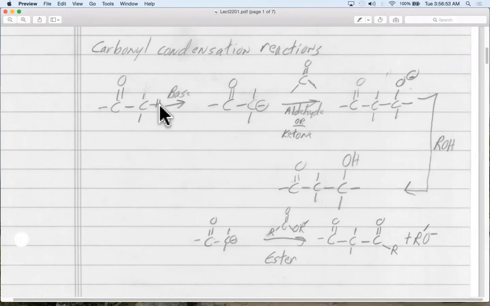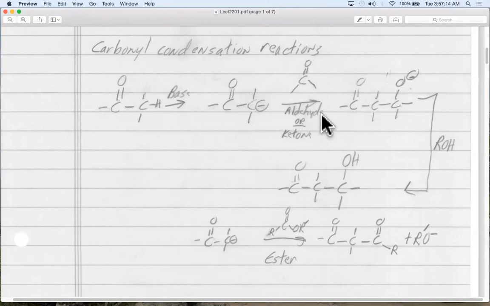But instead of having an electrophile present, this species now acts as a nucleophile, and it can attack another C=O. And remember, nucleophiles attack the C=O at the carbon, kicking out that pair of